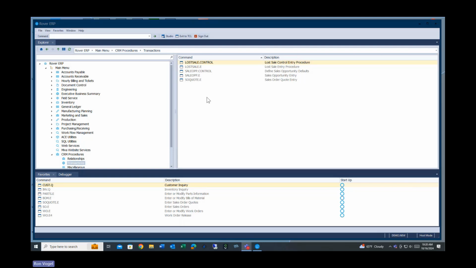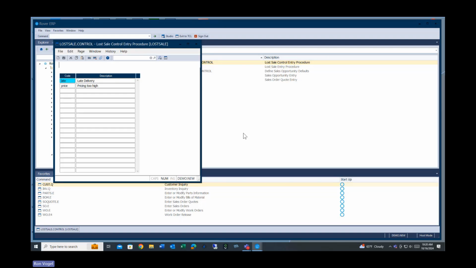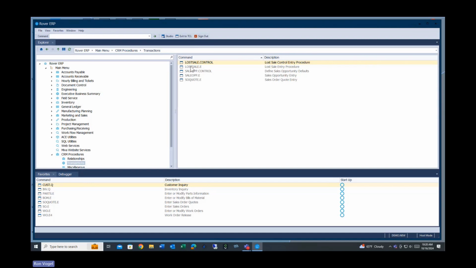There is a lost sale process within Rover. There's a control record where we can set up the types of lost sales. We can type them. This one's late and the price was too high. You can have as many codes as you want, and you can assign these when you do a lost sale record. And then when you get to the lost sale process,